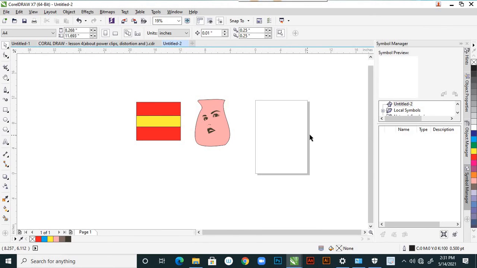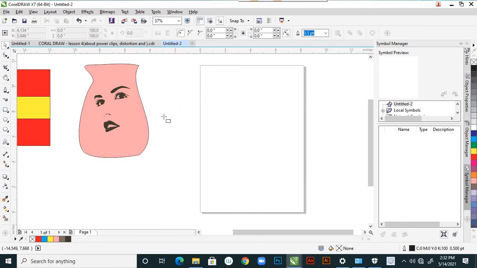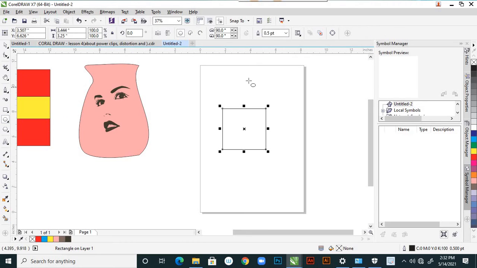Suppose here we give one shape, and over on that I'm giving one more shape.